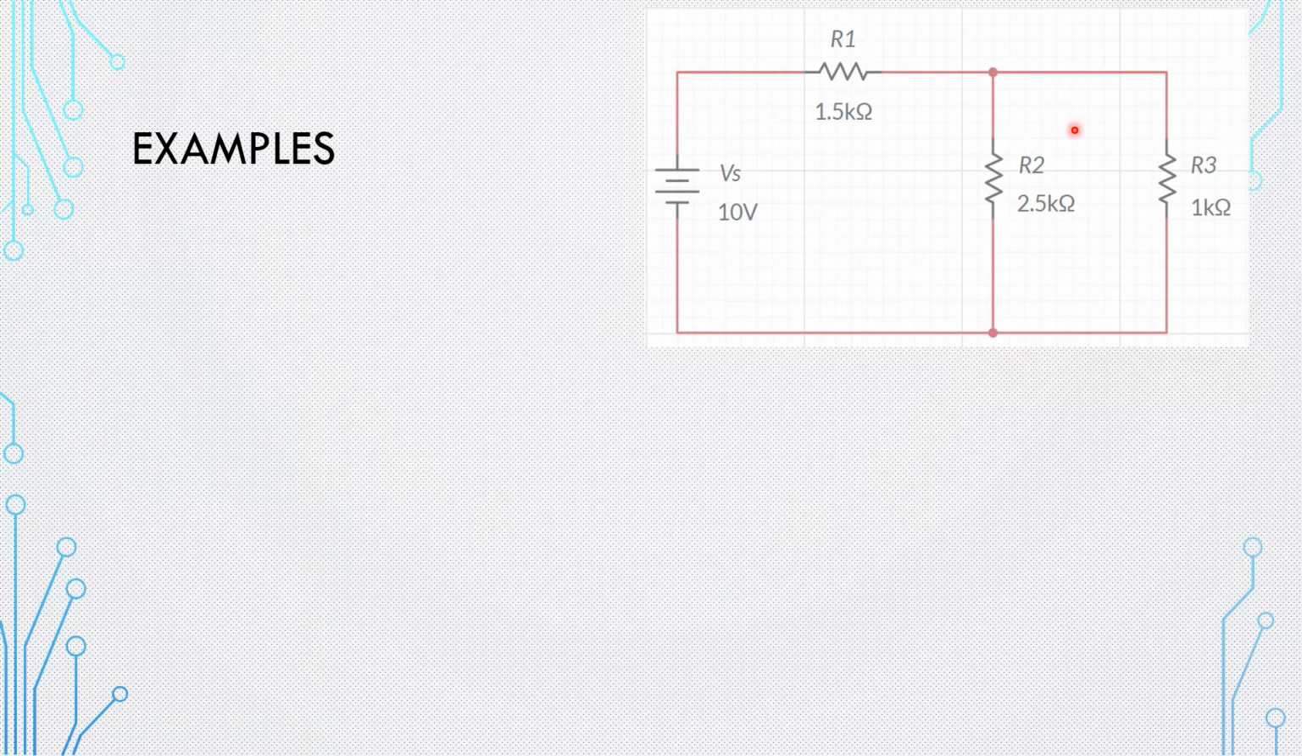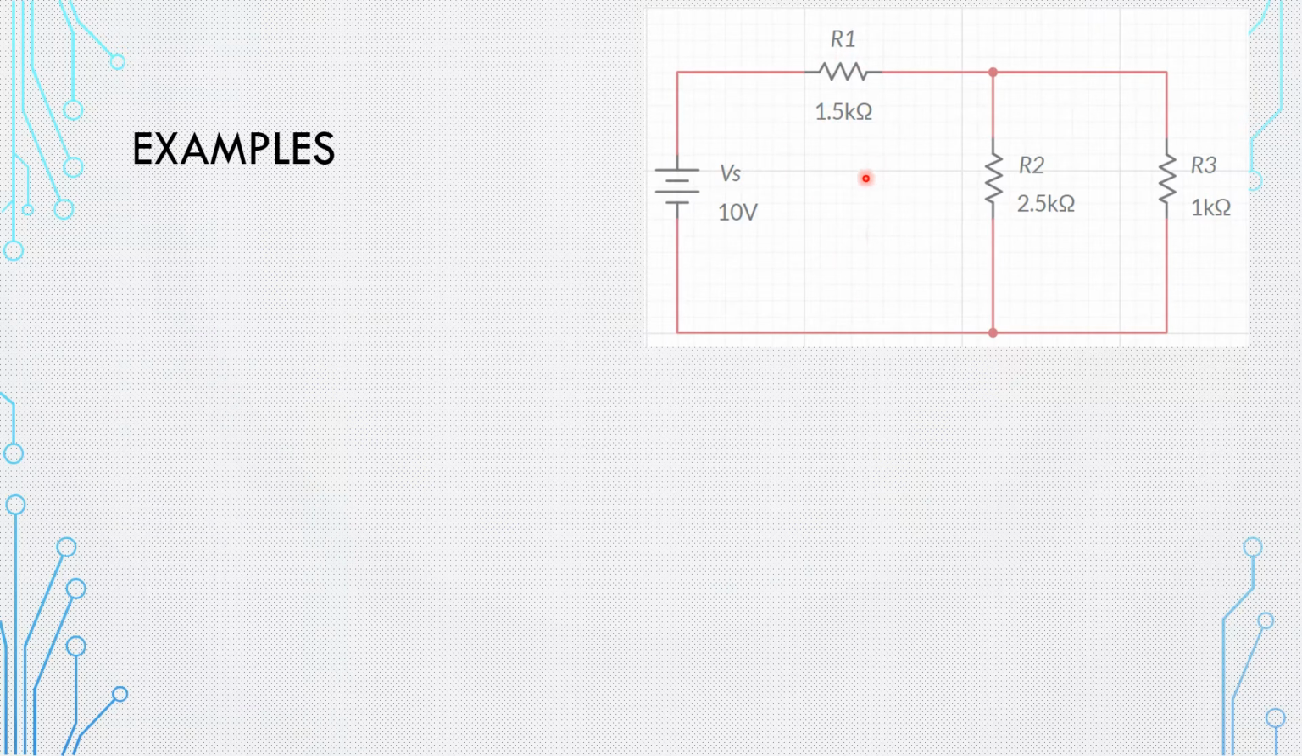But you can put the idea of R2 and R3 in parallel. The equivalent of R2 and R3 is going to have the same voltage as R2 and R3. So I'm going to find the equivalent, find its voltage, then go back to find V2 and V3. For R1,